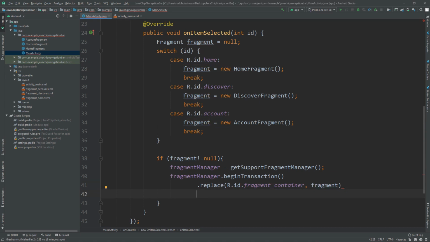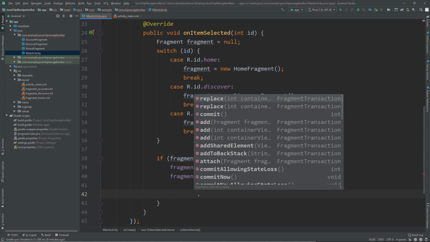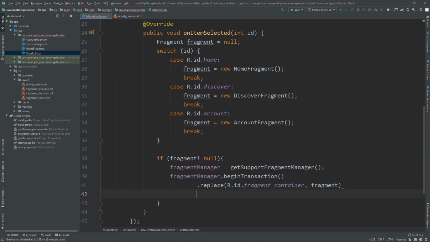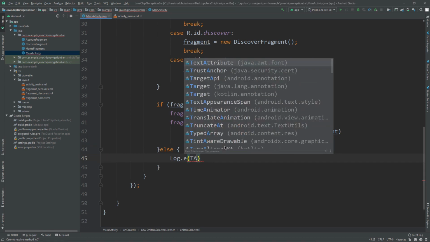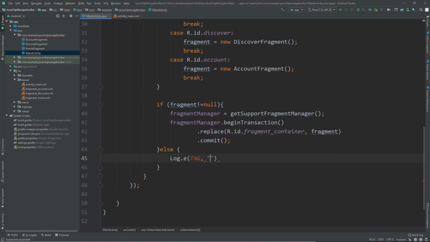Alright, and the next step is we say commit. Alright, and then else we say Log.e, and we say error in creating fragment.